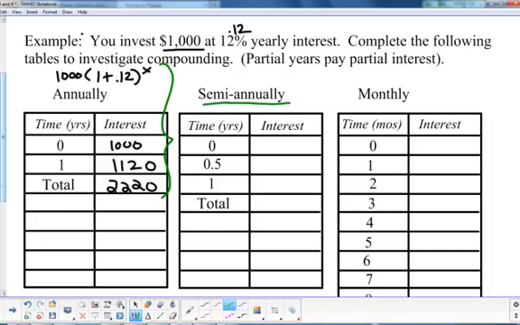Compounded semi-annually means you're going to compound it twice a year. You're going to compound it at half a year and then again at a year. The rate is still 12% though, so that's the total rate. So in all actuality, you would be increasing 6% each time to get a total of 12%. So if you multiply this by 1.06, you're going to get 1,060. And if you multiply that by 1.06 again, you're going to get